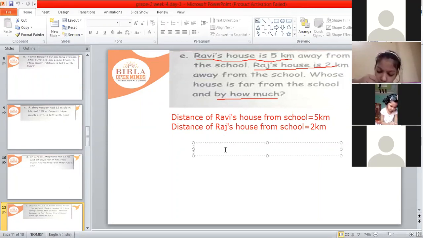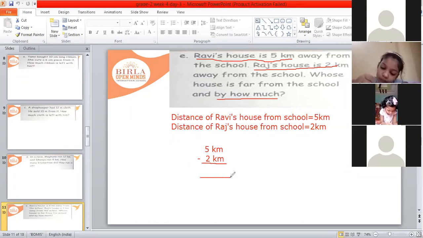Okay, and I've already told you how to write in your math notebook. So first we'll write 5 kilometers, and children remember that 5 you will write in one box and kilometers you will write in another box. Then you will put the minus sign in another box next to kilometers, and now you will subtract the given numbers.